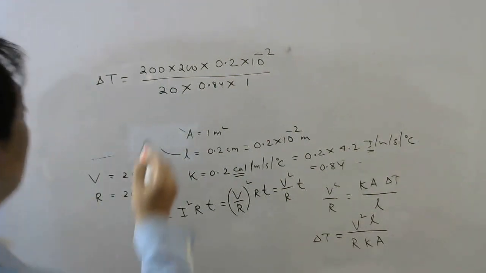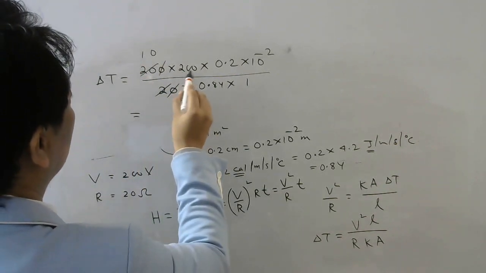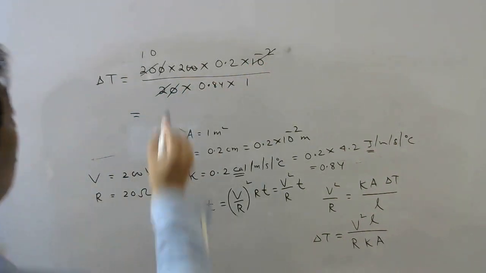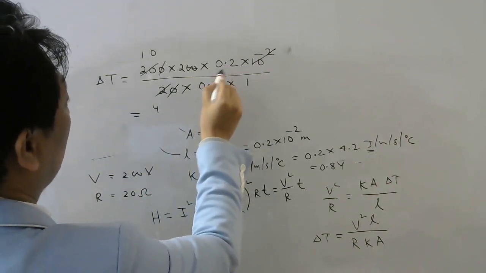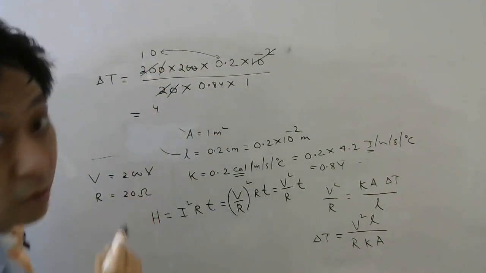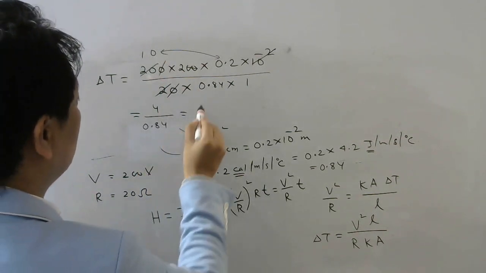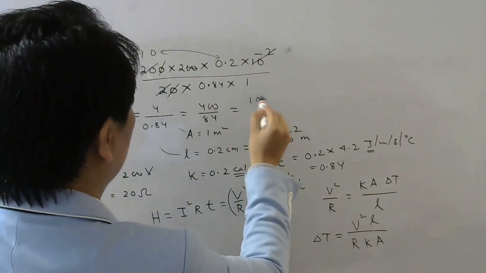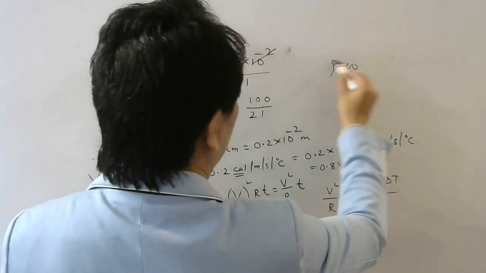Now simplify this. This 0 and this 0 cancel. This will be 2 tens are 20. So from here this double 0 and 10 power minus 2 will cancel. So I will get 2 twos will be 4. This 0.1 will give you 1 by 10. That 10 also will cancel. 10 into 0.2 will be 2. 2 into 2 will be 4. So 4 divided by 0.84, which is basically 400 by 84, which if I divide by 4, 4 ones are 4, 0, 0, 4 twos are 8, 4 ones are 4. So 100 divided by 21.